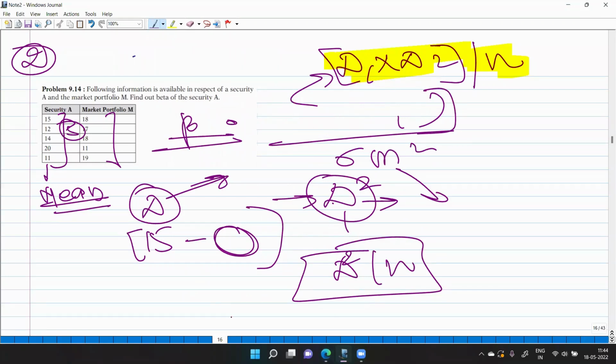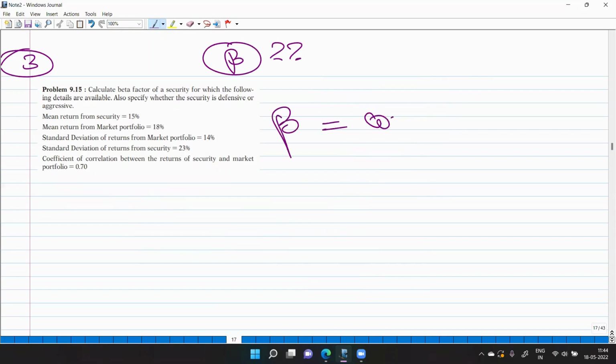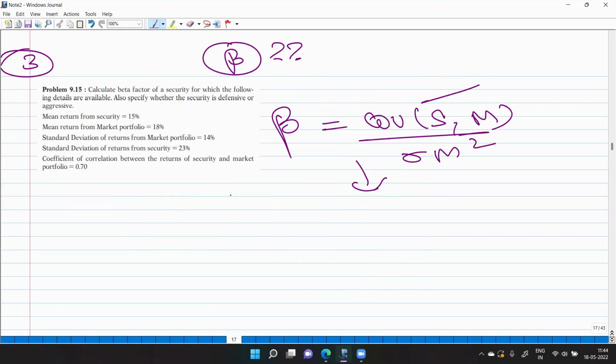Now let's move on to the next question. Third, calculate beta. Again we have to calculate the beta. What is the formula of beta? Let's write it down. Now let's try to break this formula. We have done covariance का formula इतने बारे, ठीक है। क्या होता है,